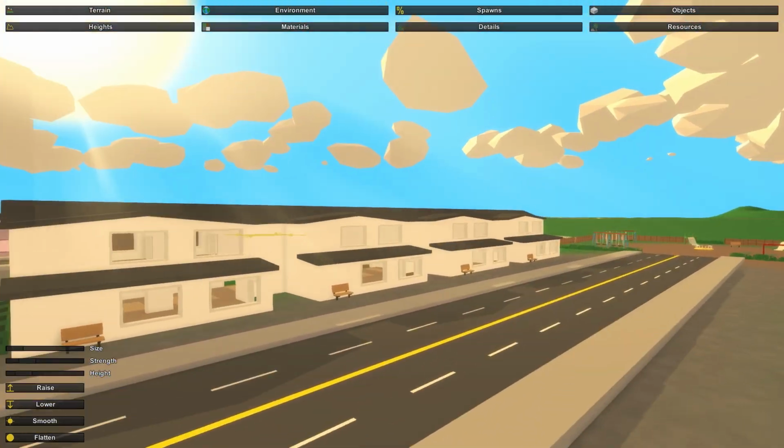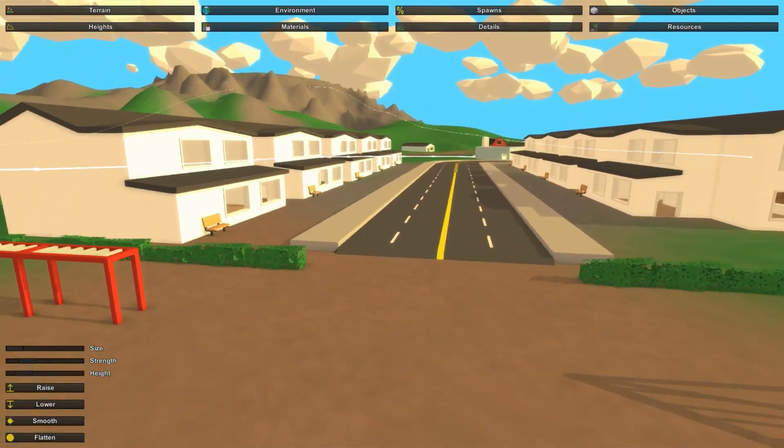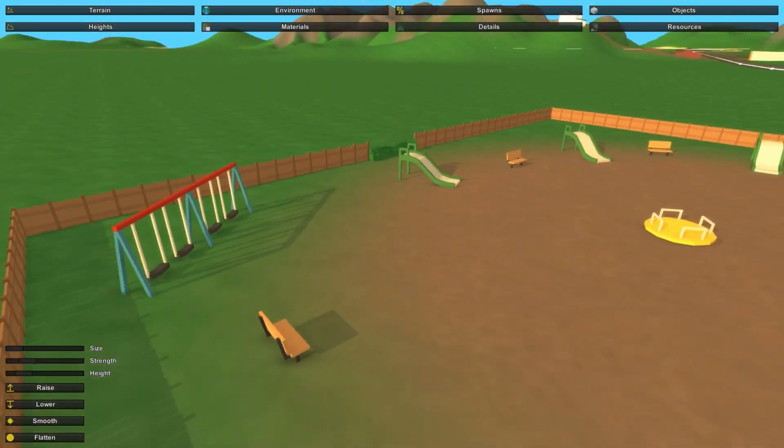Townhouses here, a bunch of these. These do not connect, but they add a really cool look because it just looks like it's supposed to be that way. Massive